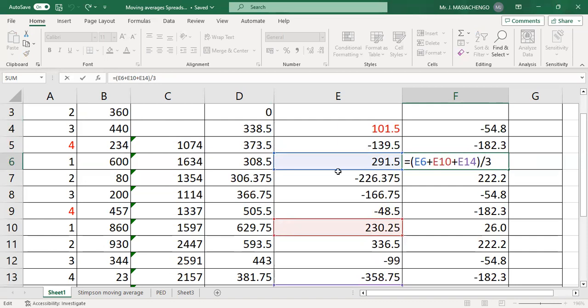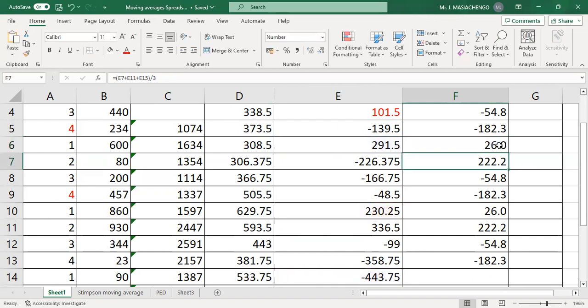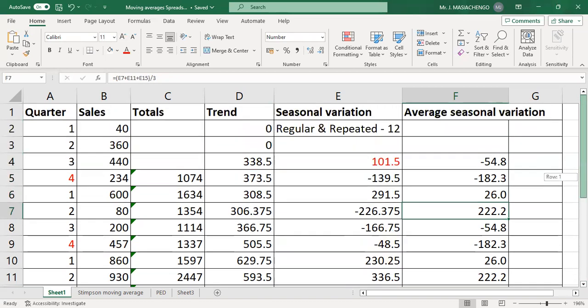We are going to add all the seasonal variation for Q1 or quarter 1. This is the first one, 291.5 plus 230.5 plus the one below there. This is minus 443.75. We divide the answer by 3. I think that's how we get these ones. So I think you can try, and you can actually see maybe from here that we have got